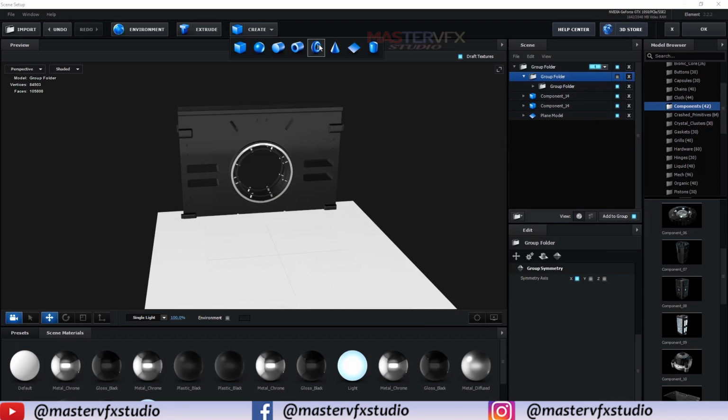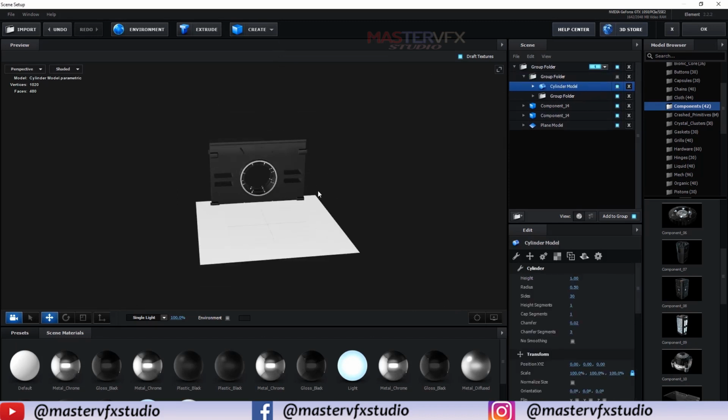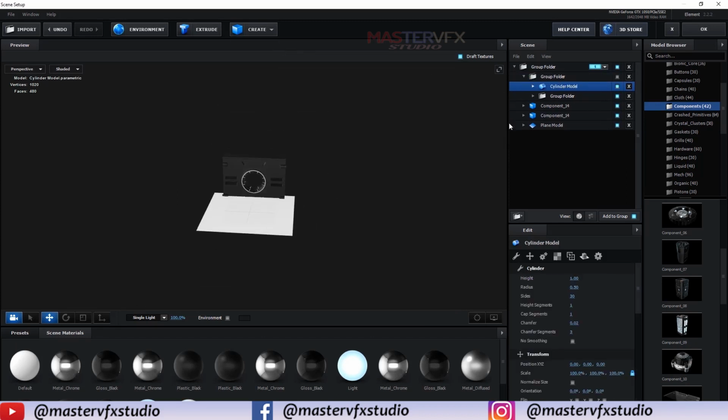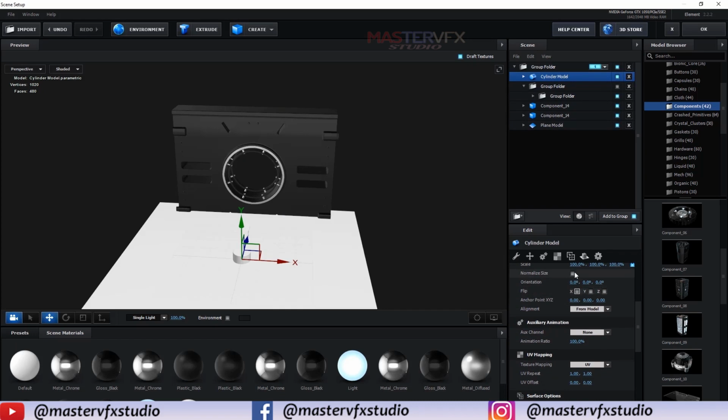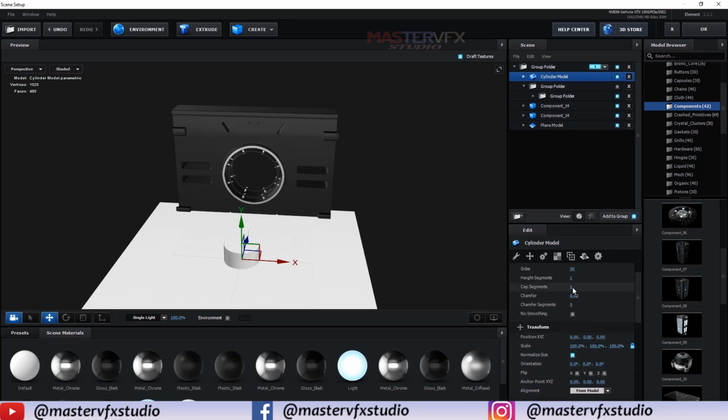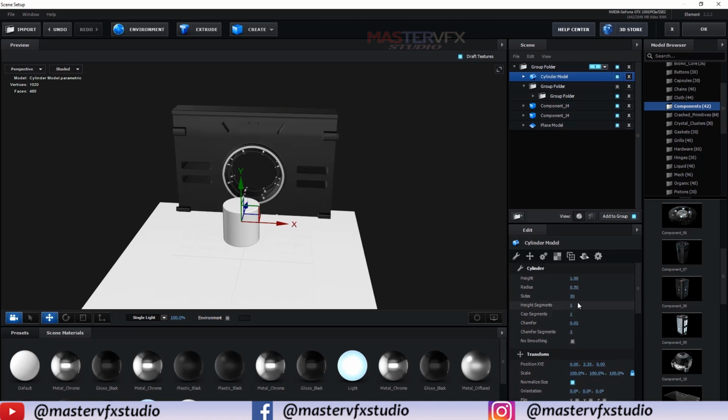Now create a new cylinder. Okay, outside this group. Normalize it and just simply increase the height.